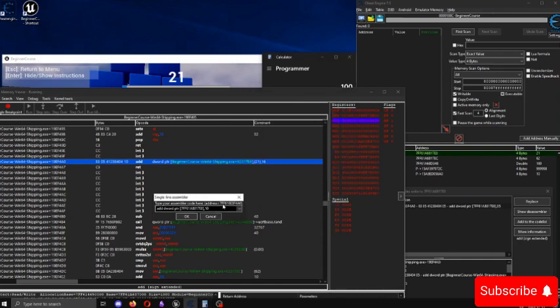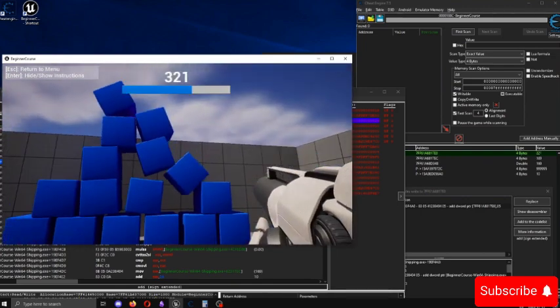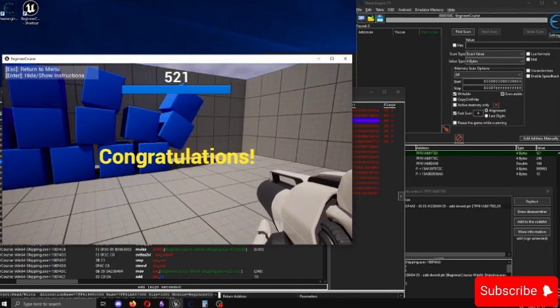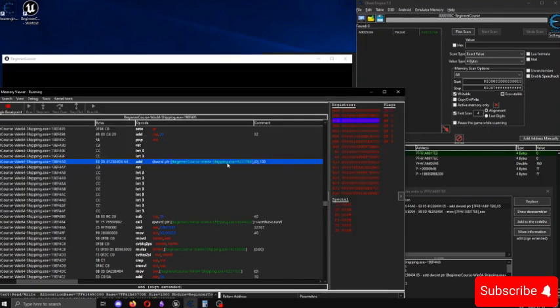So let's try changing this over here to 64 instead. So press OK, head over to the game again, shoot, and as you can see, every time we shoot a box, we win 100 points. And so there you go. That's how hexadecimals are used within, at least one of the ways that hexadecimals are used within assembly code. And this is how the add